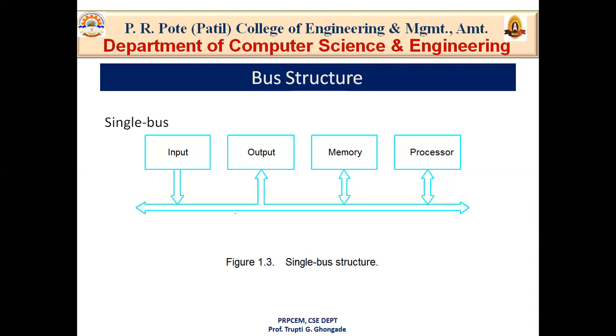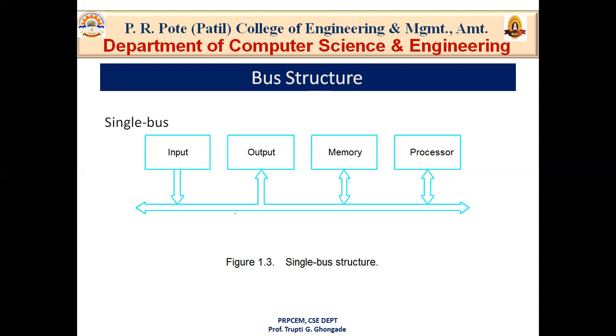So the bits are transferred simultaneously over many wires or lines, one bit per line. That means if there are 16 lines or 16 wires in the data bus, 16 bits of data are transferred, one bit per line. A group of lines that serve as a connecting path for several devices is called a bus. In addition to the lines that carry the data, the bus must have lines for address and control purposes.